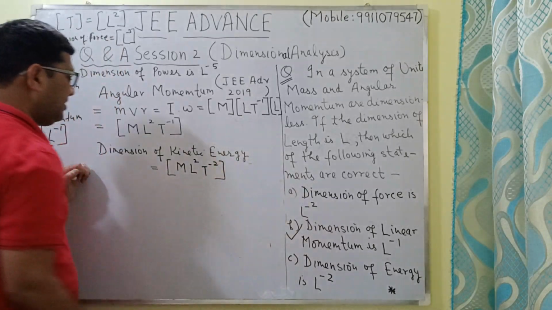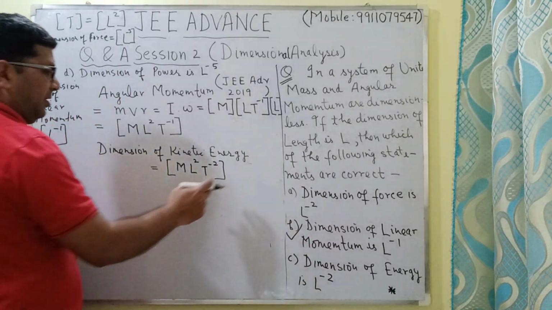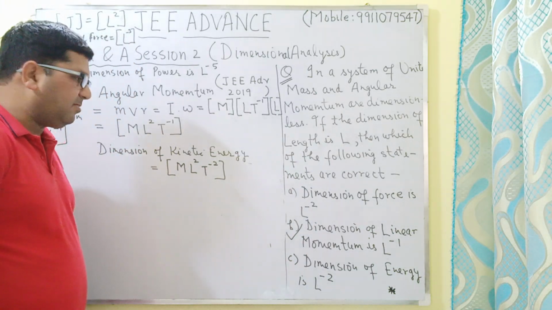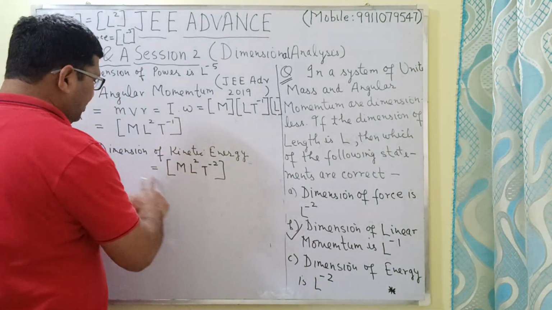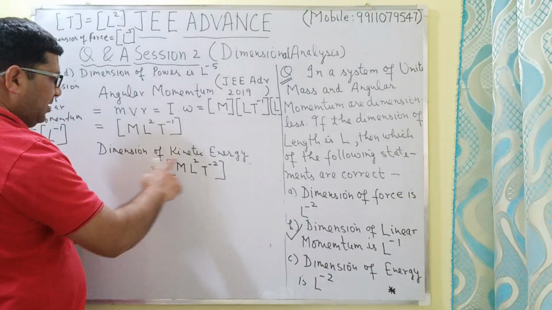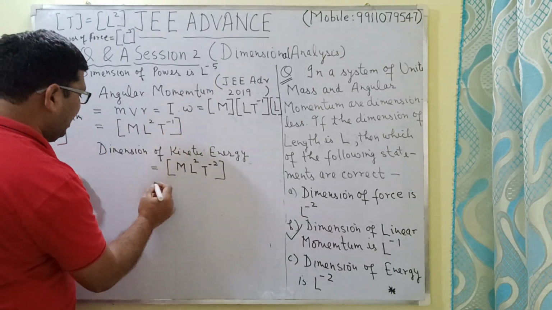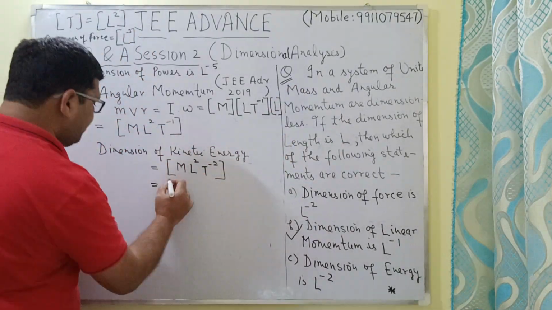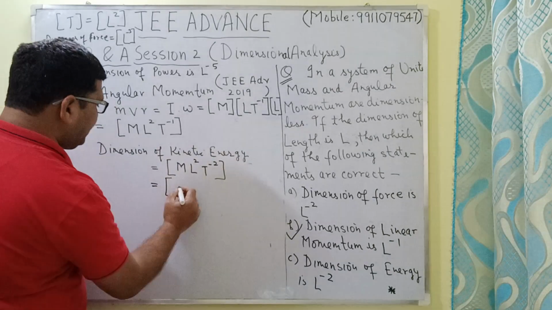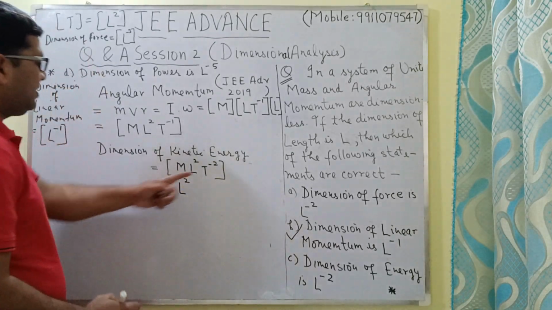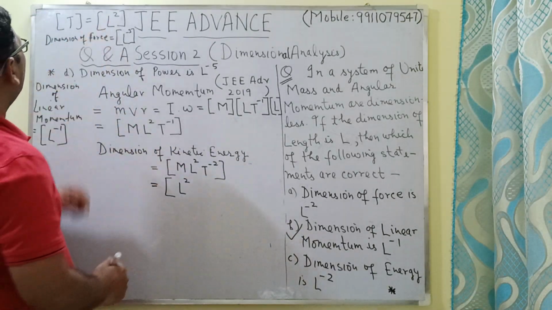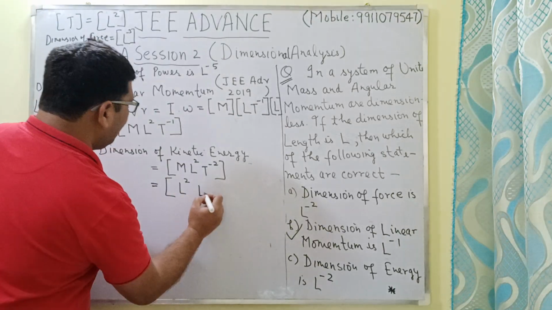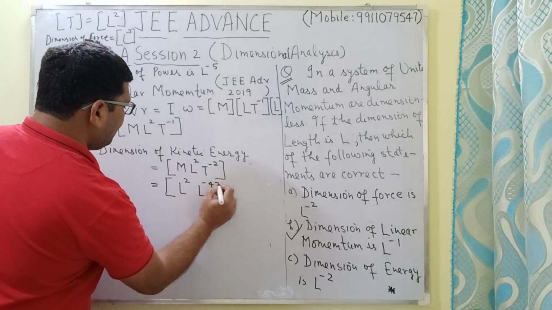So the dimension of kinetic energy is equal to this, or since all the forms of energy will have the same dimension, using the formula for kinetic energy, I will be finding the dimension of the energy in this system of unit, which will be equal to M is dimensionless, L square, T minus 2, this will be equal to